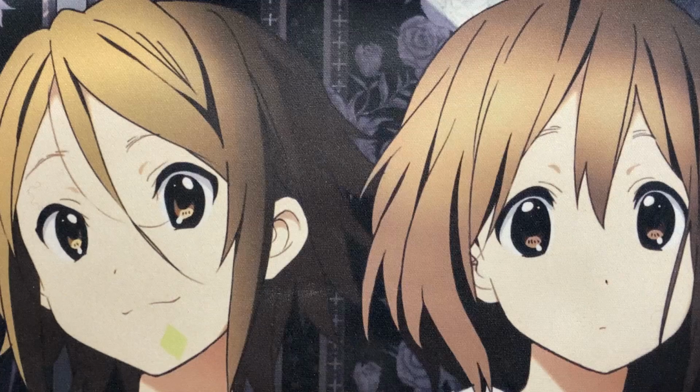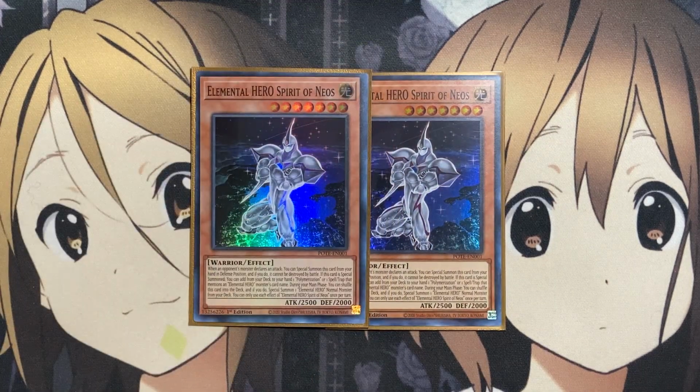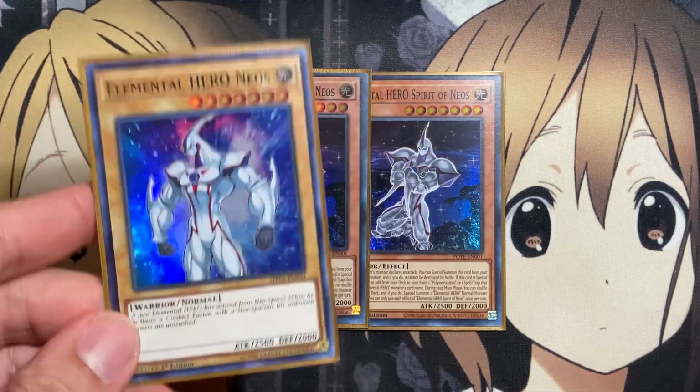We're also running 2 copies of Elemental Hero Spirit of Neos. With this card, when an opponent's monster declares an attack, you can special summon this card from your hand in defense. If you do, it cannot be destroyed by battle. If it's special summoned, you can add from your deck to your hand 1 Polymerization or 1 Spell or Trap that mentions an Elemental Hero monster's card name. During your main phase, you can shuffle this card into the deck to special summon 1 Elemental Hero Normal Monster from your deck. You can only use each effect of Spirit of Neos once per turn,